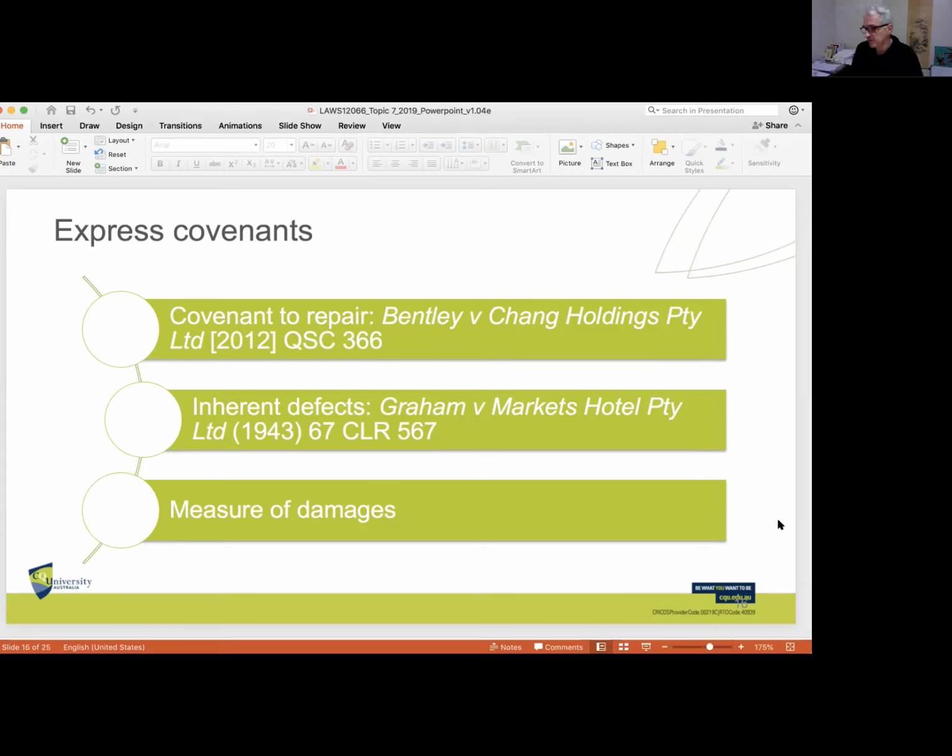You will see that the express covenants, the discussion in your casebook starts at 757, and these express covenants, which the parties themselves can incorporate within the lease document, the written document: covenant to repair, covenant against assignment or subletting. So that's about the transfer of the interest, or subletting is a situation where you're taking part of the premises